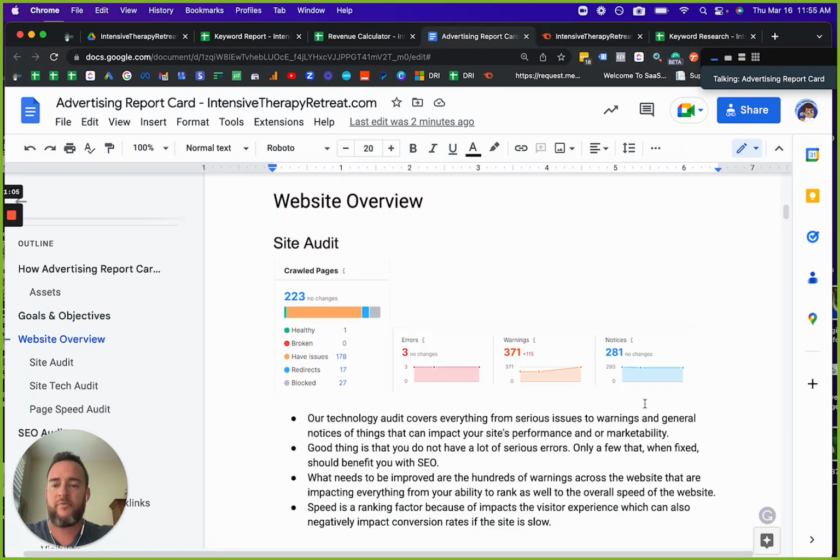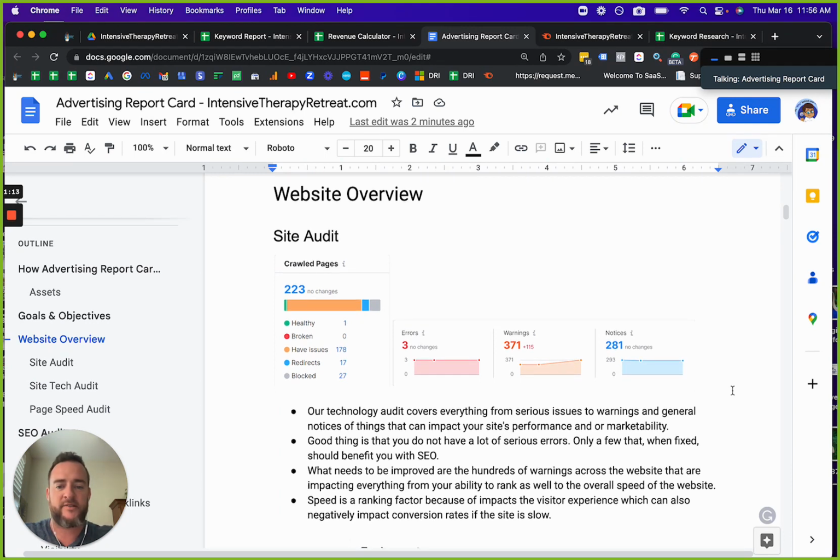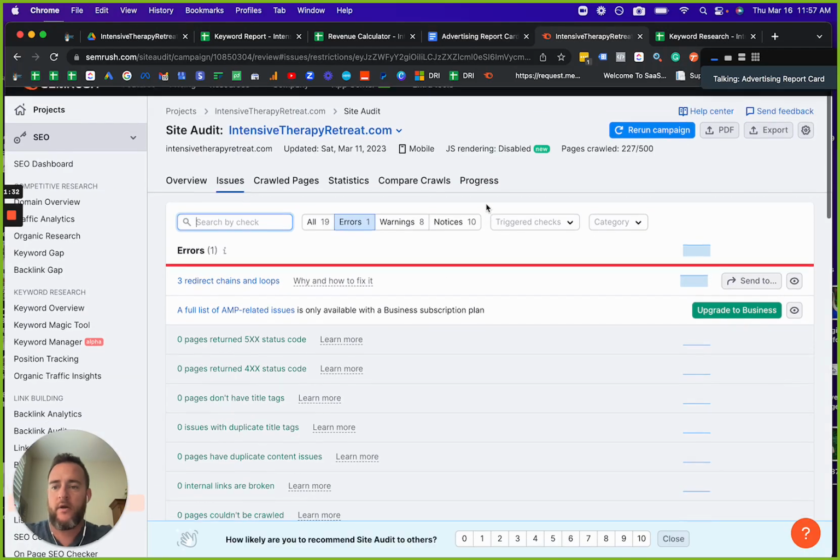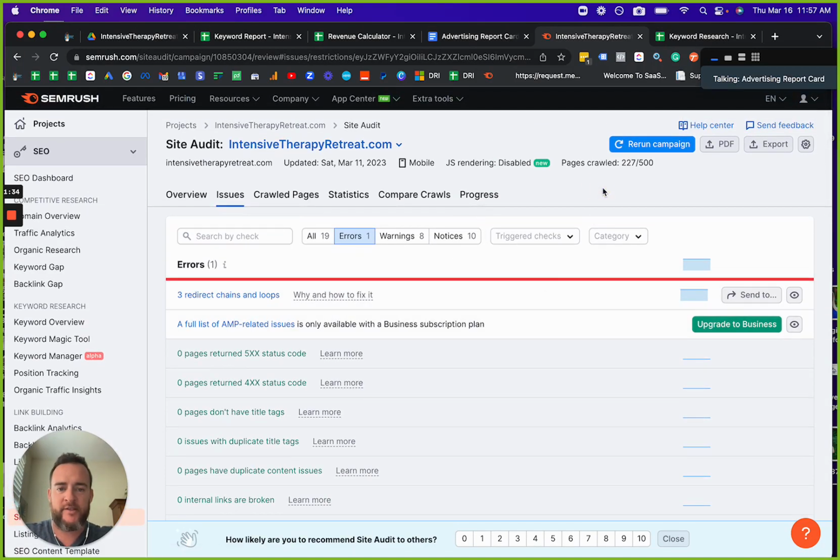So to jump right in to the overview, on the website itself, there are a few issues that we would recommend getting fixed. And I think that if you did do these things, they would help you with your SEO. They're not exactly user experience issues. User experience being things that would keep you from converting. These are issues that are more on the technical side that could potentially hold you back when it comes to SEO ranking. So as an example, a few things that are on the site.